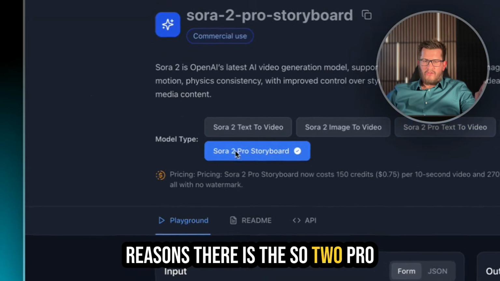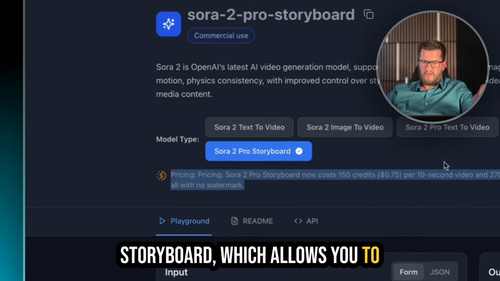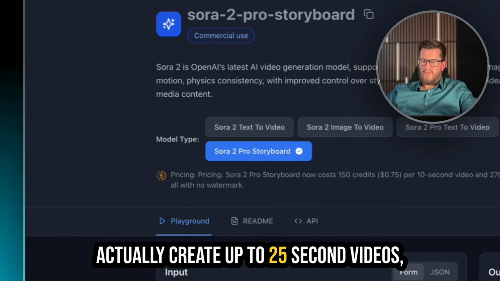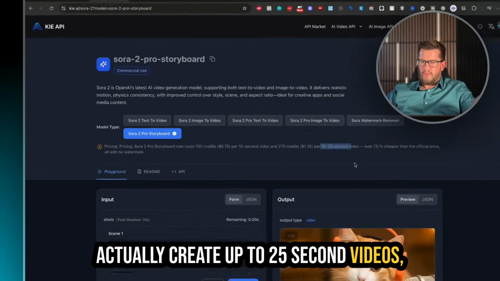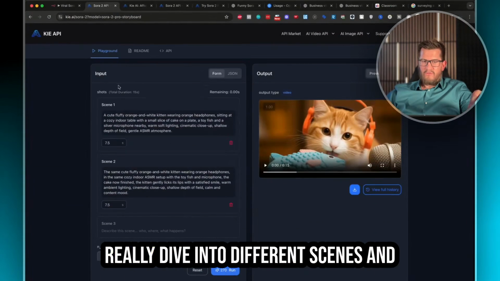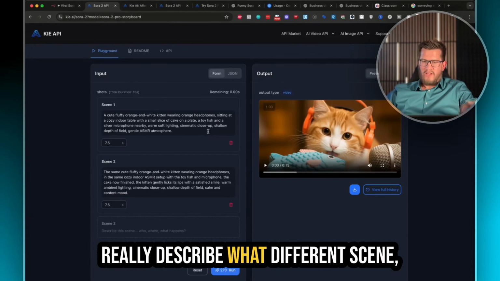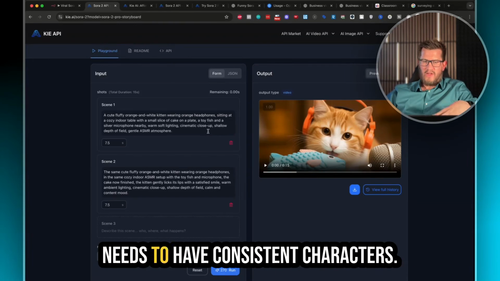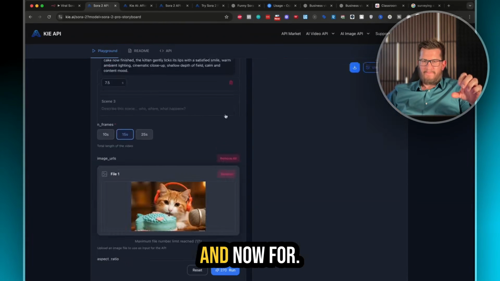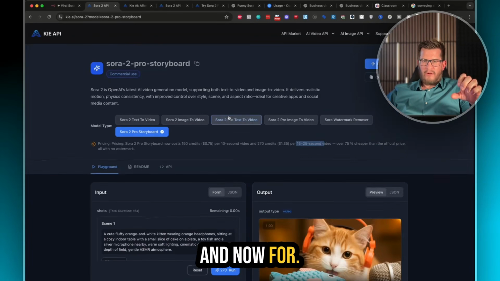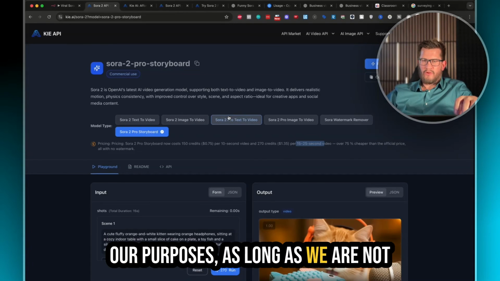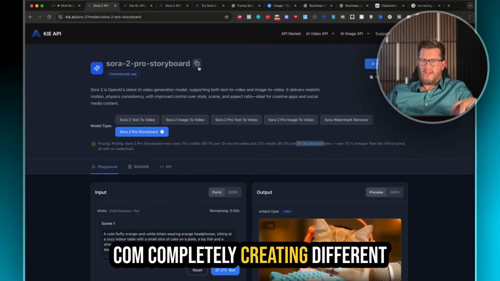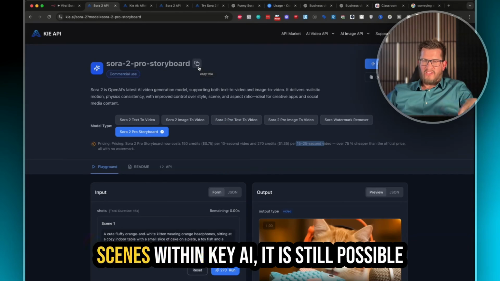There is the Sora 2 Pro storyboard, which allows you to actually create up to 25-second videos, which is awesome, and where you can really dive into different scenes and really describe what each scene needs to do and how it needs to have consistent characters. And now, for our purposes, as long as we're not completely creating different scenes within